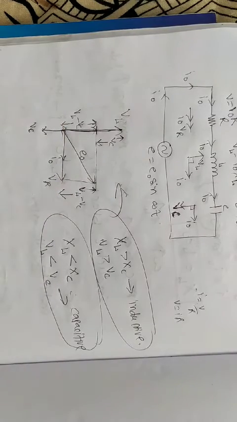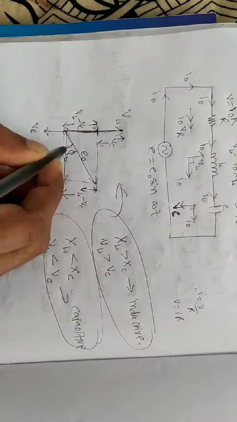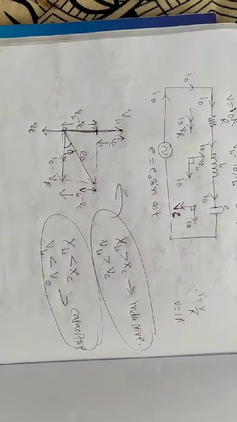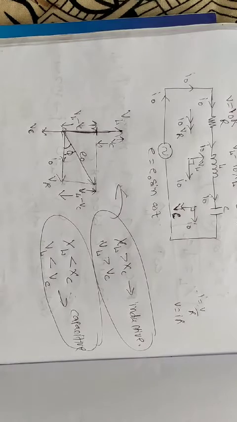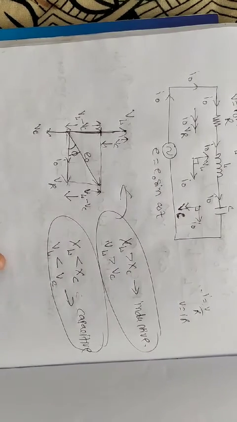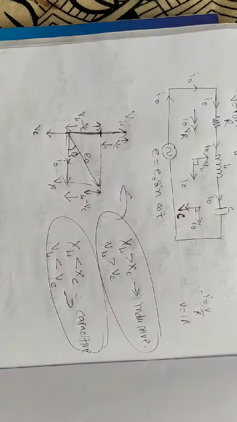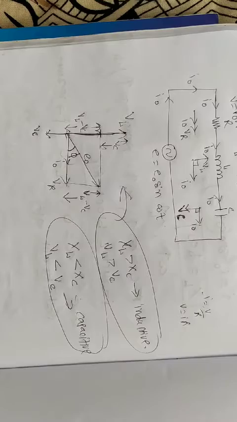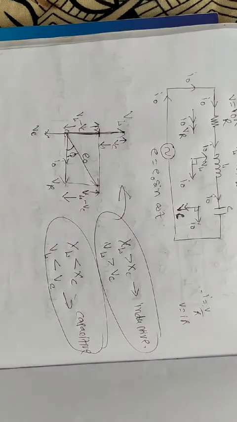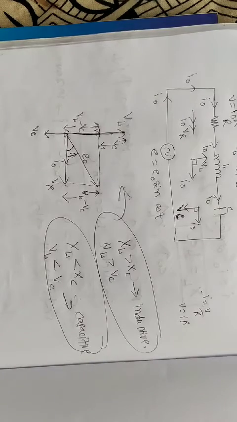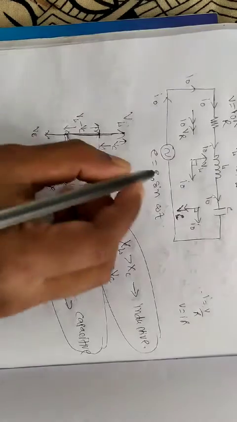Achha, now suppose that this is making a phi angle here. So phi is the phase difference between current and voltage. Now understand this thing. This is current, this is voltage, and phi is the phase difference between current and voltage. What is the equation of EMF? The EMF equation is E is equal to E naught sin omega t.